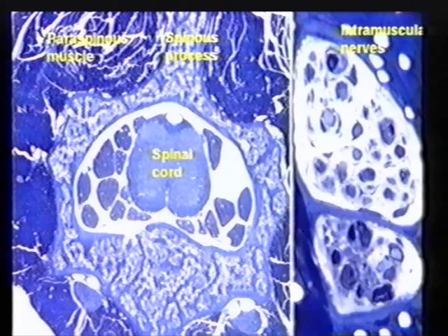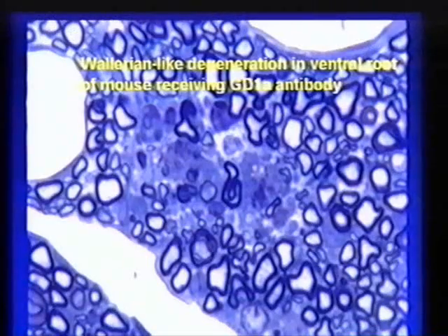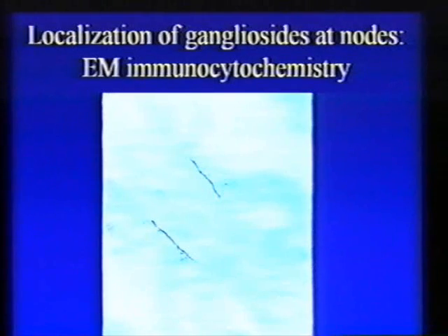ganglioside of interest, GD1A, and then implanted those cells into a normal mouse and looked in plastic sections at the spinal cord, the nerve roots, and the muscles, what he found, first of all, was a large amount of degeneration of nerve fibers out in the intramuscular nerves, with an occasional demyelinated fiber, but most of them undergoing nerve fiber degeneration. In addition, at the level of the ventral roots, he found extensive Wallerian-like degeneration, typical of what we see in the human autopsy cases, and was able to show